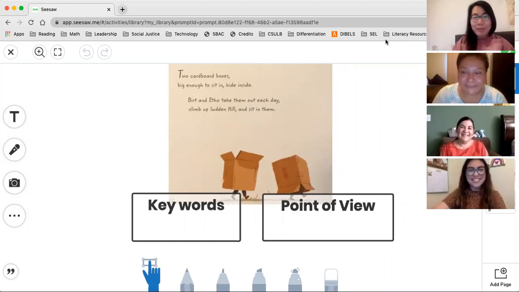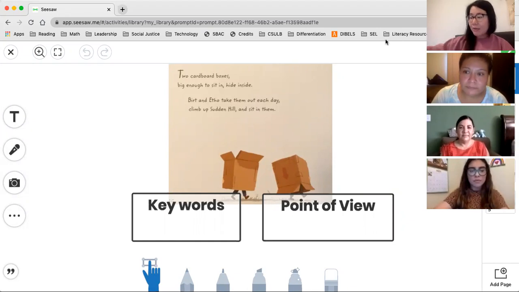We are finishing up our week on these read alouds, and we're doing point of view again because I really think it's important for us to know who's telling the story. Again, there's so many ideas about what point of view means, but I want to clarify that point of view in this skill isn't your opinion about something, it's who's telling the story, and whose point of view the story is being told in. And so we're just trying to figure out who's telling this story.